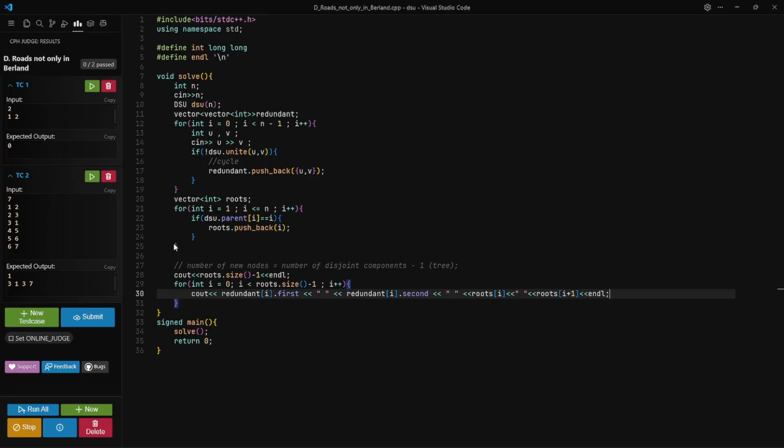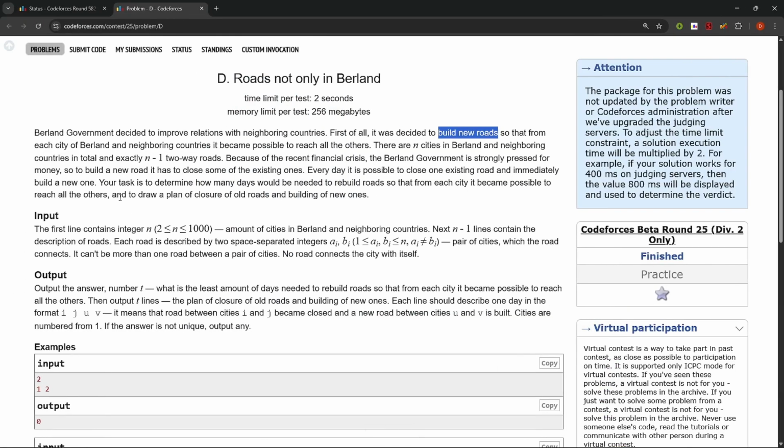Okay, so let's reiterate through the problem. What does the problem exactly state? The Berlin government decided to make roads between neighboring countries. Including neighboring countries, there are totally n cities and exactly n minus one two-way roads. Financial crisis, and